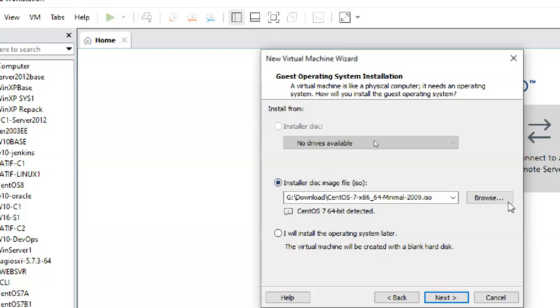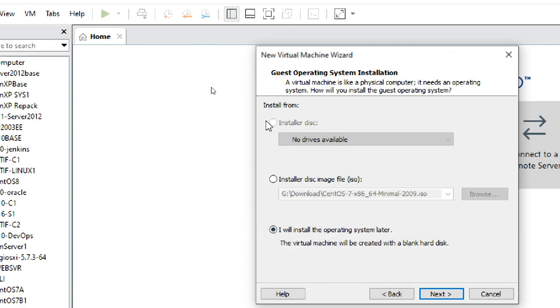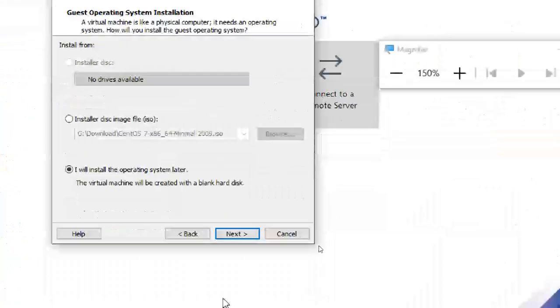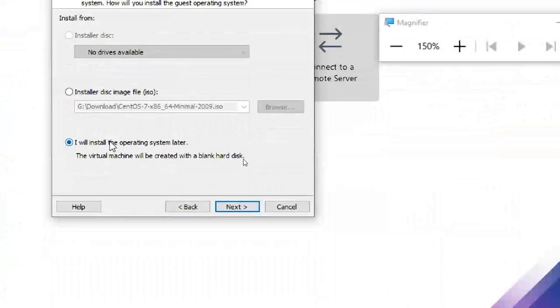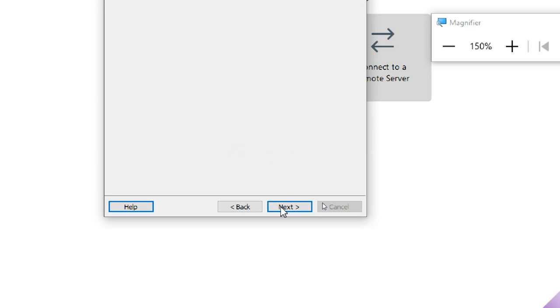If you use this one, what will happen? It automatically installs your OS. That is very dangerous because you cannot control the installation. Second, you should learn how to install, right? Don't go with auto install. Don't be lazy. Be lazy for smartness, but don't use this kind of smartness. Better, I will install the operating system later. Manually I will install it, option by option. I will learn.